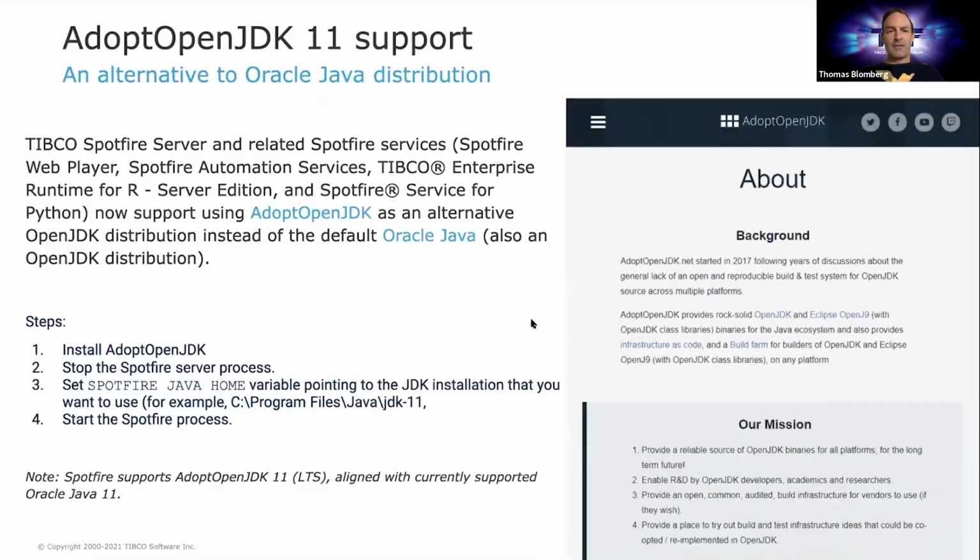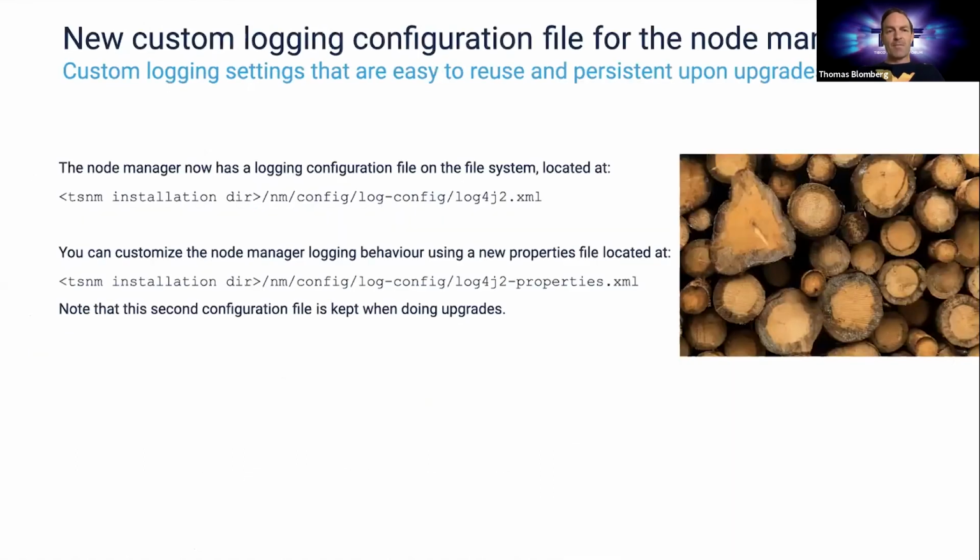Administration in 11.3, we now support AdoptOpenJDK. If you, for some reason, prefer not to use the Oracle JDK, you can now use AdoptOpenJDK. There is a new custom logging configuration file for the node manager. So custom logging settings that are easy to reuse and persistent, no upgrades.